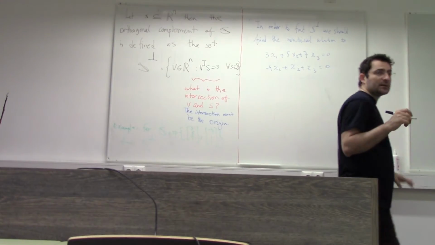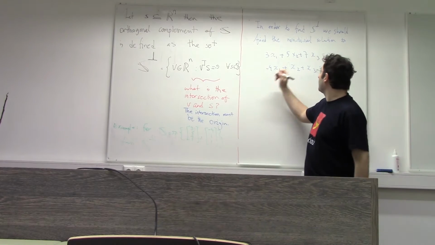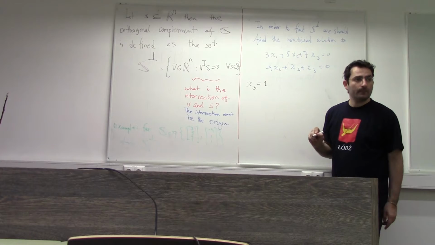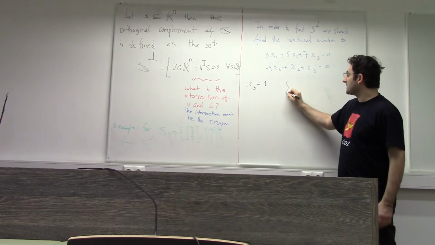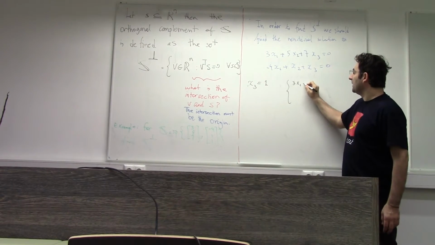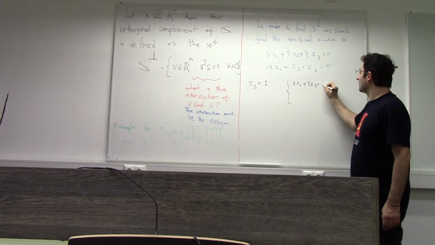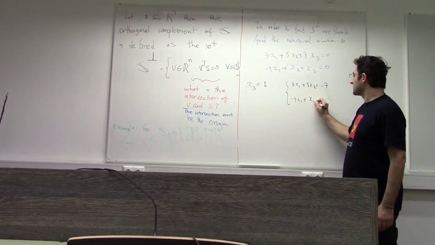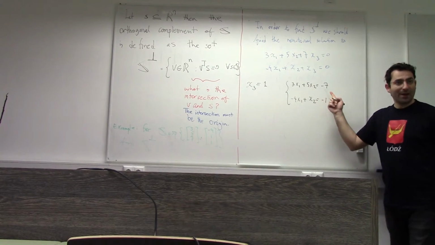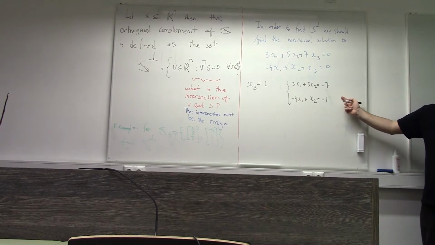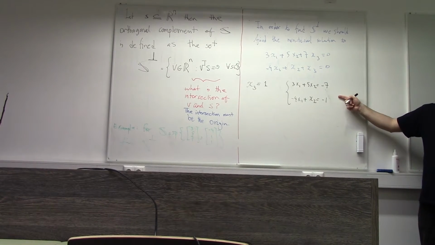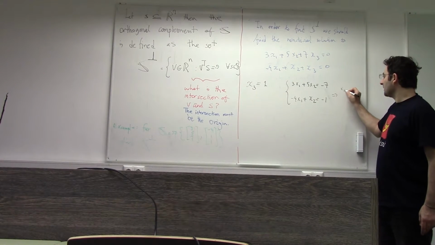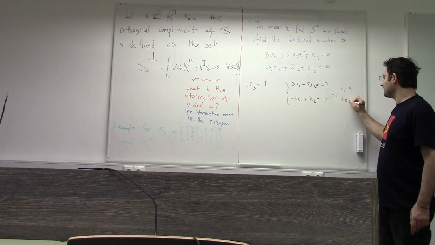So if you want to find the answer, let's say, for instance, x3 is equal to 1, and then I will have this set of equations: 3x1 plus 5x2 is equal to minus 7, minus 4x1 plus x2 is equal to minus 1. Do I have a unique solution in here? Yes, two equations, two unknowns, and from here I find that x1 is alpha, for instance, x2 is beta,